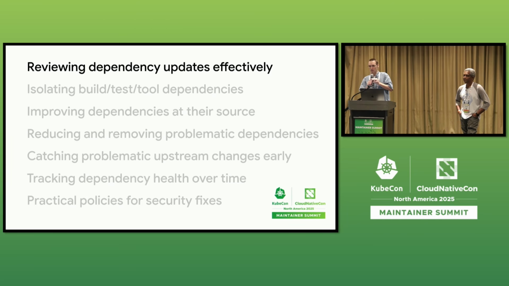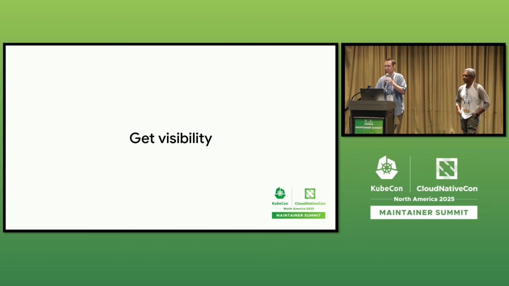First up, reviewing dependencies effectively. So we're all probably familiar with the pull request that's a one-line change in a Go mod file. It's like, oh, bump a dependency. That's a small PR. How bad could it be? Or maybe one that adds a one-line use of a utility function from a dependency. It's like, oh, this library already does this, let's just use this. So these can appear small, but how do we review these effectively?